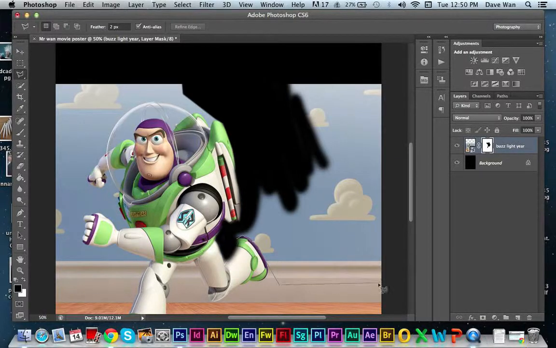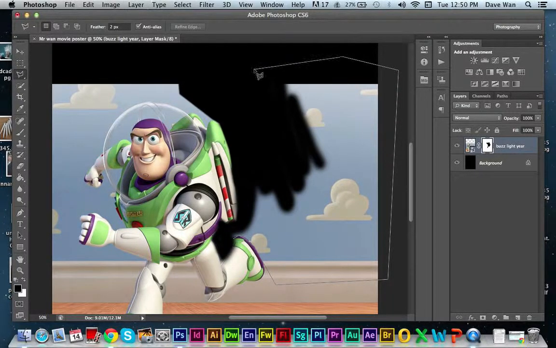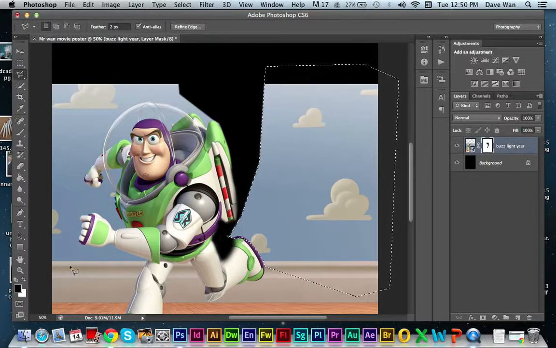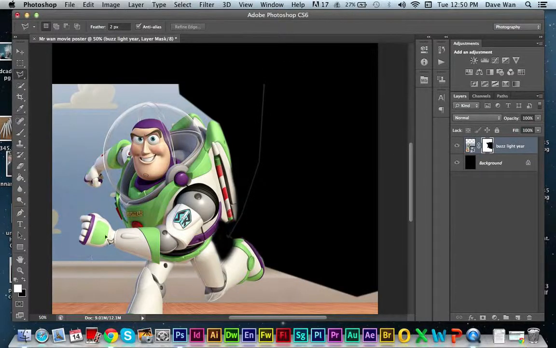Just create boxes. Oops, I made it too big. These boxes will help to erase your background. Now I'm doing this real quick, but you pretty much get the idea with what I'm doing here. So double click. This is going to help out to flip it around. So flip it around, make sure it's on the black background, and delete. That's going to erase it. Now it'll sometimes create lines like this because I set the feather up,